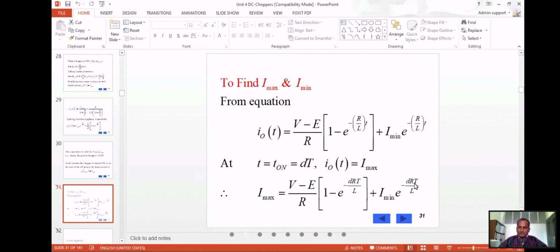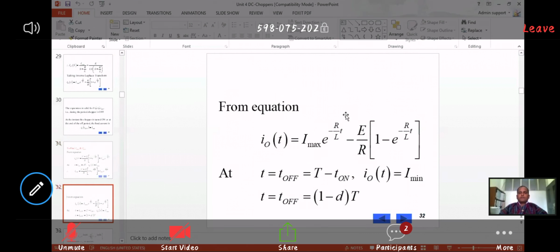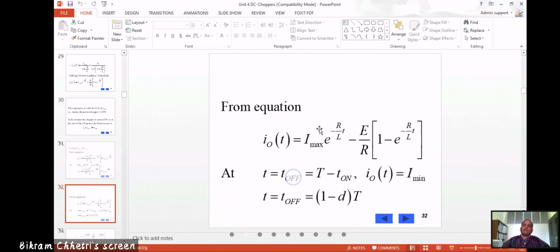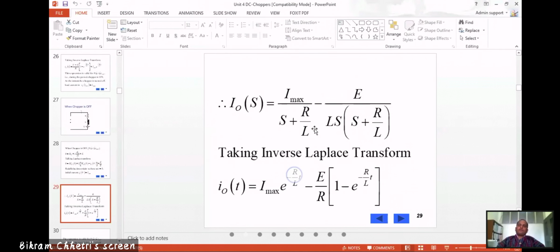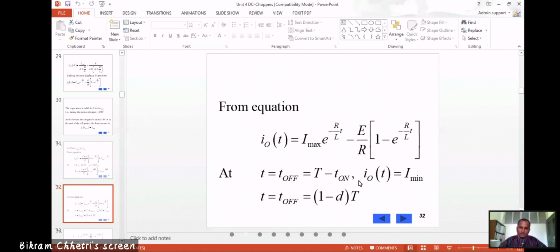So similar in this one also. If you replace this, you will get this equation. So for equation I naught equals I max, similarly T equals to, this is the case when the chopper is off. So you get T equals T off, and then T minus T on will be,